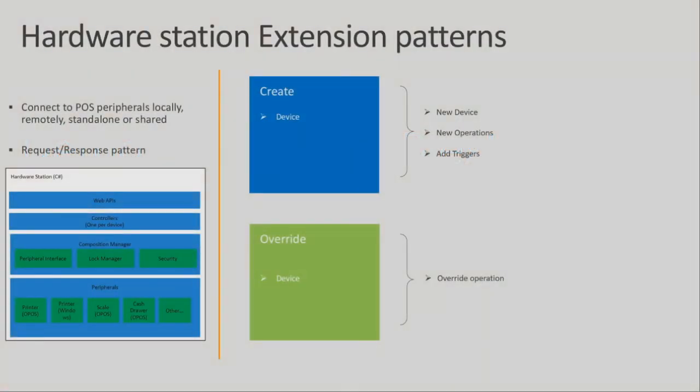The last one I want to cover is if you're creating a new hardware device extension. Suppose you want to connect to a new check printer. Out of the box we support printer, barcode scanner, MSR, payment device. If you want to integrate completely with a new device, say a coin dispenser, where whenever I do a transaction I want to dispense the change as coins, or I want to do a check printing scanner, you can do the hardware station extension.